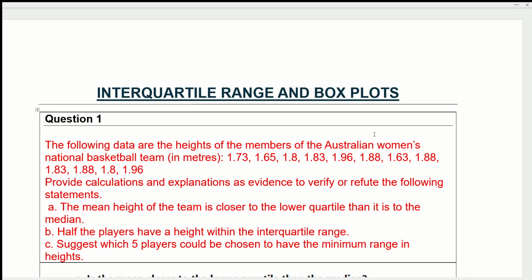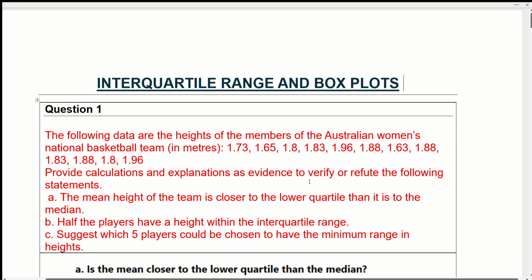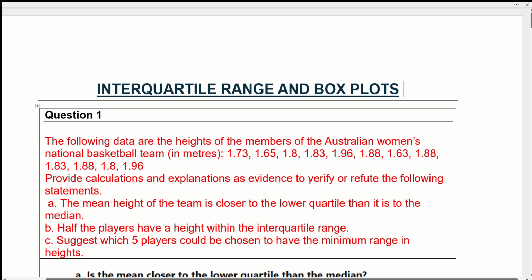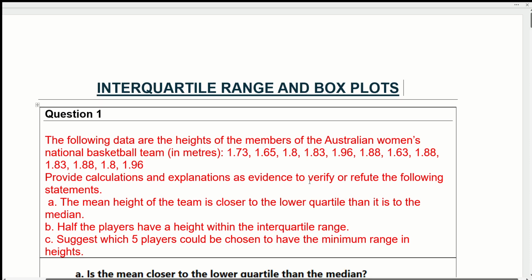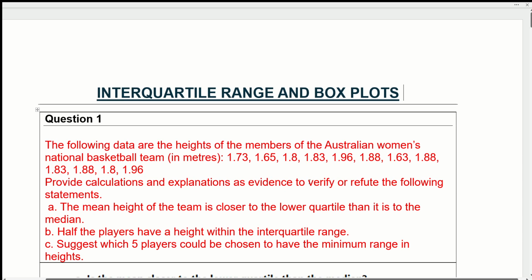So the following data are the heights of the members of the Australian women's national basketball team given in meters. So the data sets are given here. Provide calculations and explanations as evidence to verify or refute the following statement. So you have to say whether it's true or false. The mean height of the team is closer to the lower quartile than it is to the median. Half the players have a height within the interquartile range, and suggest which players could be chosen to have the